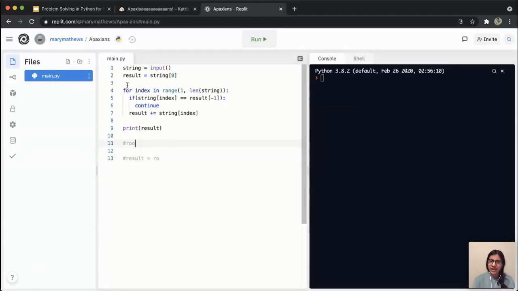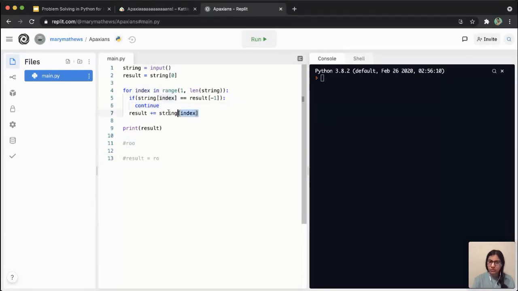Then in my next iteration, my index is 2. So my string of index will be O again, but this time the next O. And it will check, is this equal to the last character in my result? Is this equal to this? Just the last character. And they are equal. So it will come in here, it will go to continue.